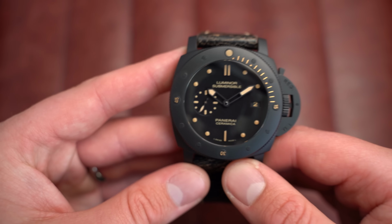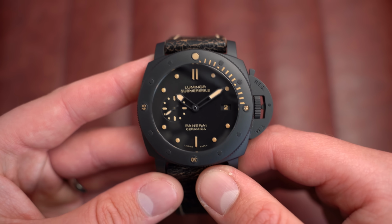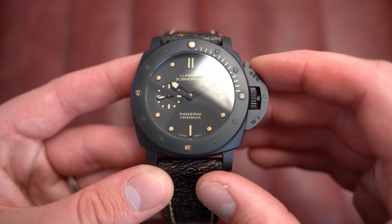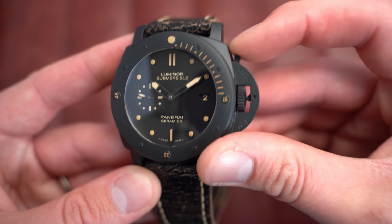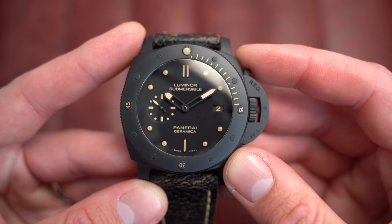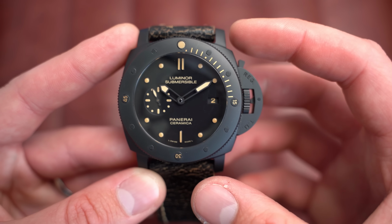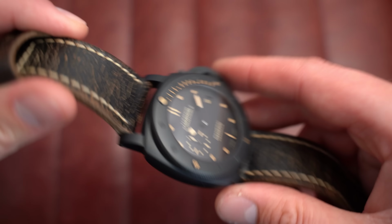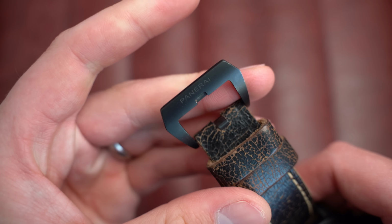So what you're looking at is a PAM508 from circa 2010s. No box and papers, but nice black ceramic case, black dial, with that very nice applied numerals, sub-seconds, and then you also have a date as well as the iconic crown guard system that is synonymous with the Luminor models. Nice faux patina as well, so you've got this nice golden brown caramel colour, and it comes paired on its distressed Panerai strap, which is also worn, so do keep that in mind,